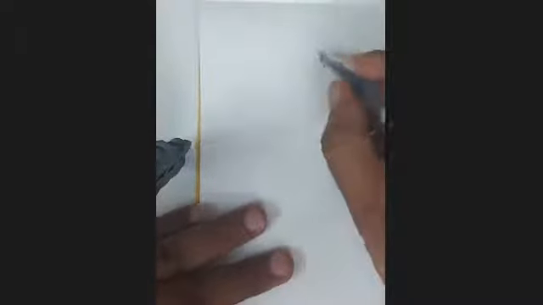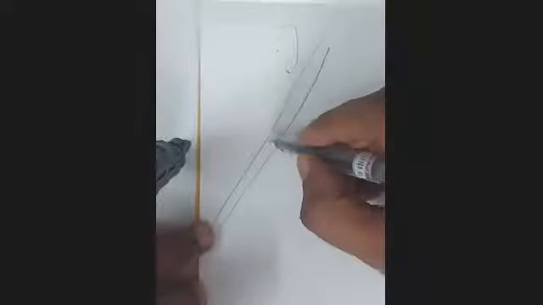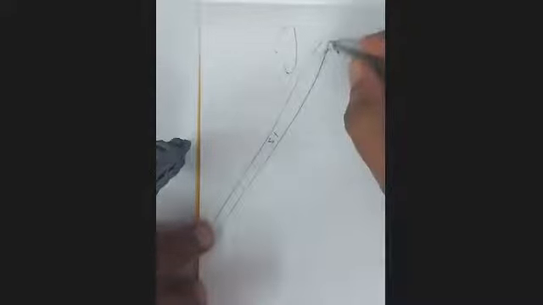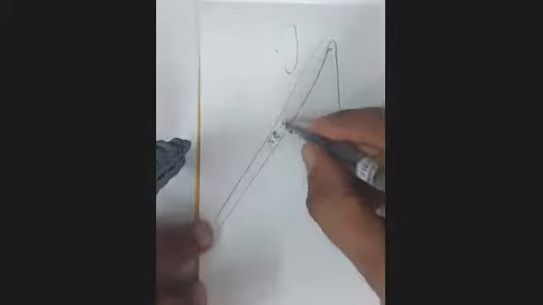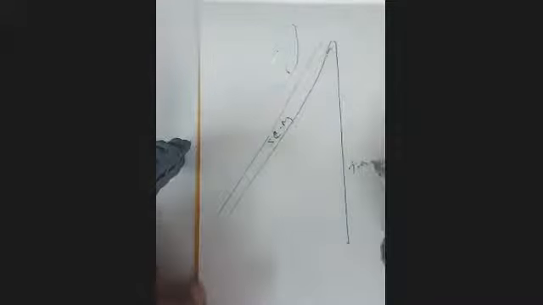Now let us talk about the floor. I'm not drawing the anterior triangle, I'm just drawing the posterior triangle. Somewhere here is the ear, this is the sternocleidomastoid, here is the anterior border of trapezius, and here is the clavicle.